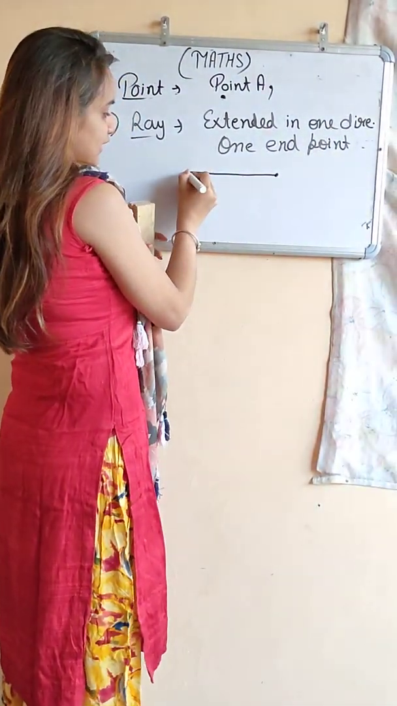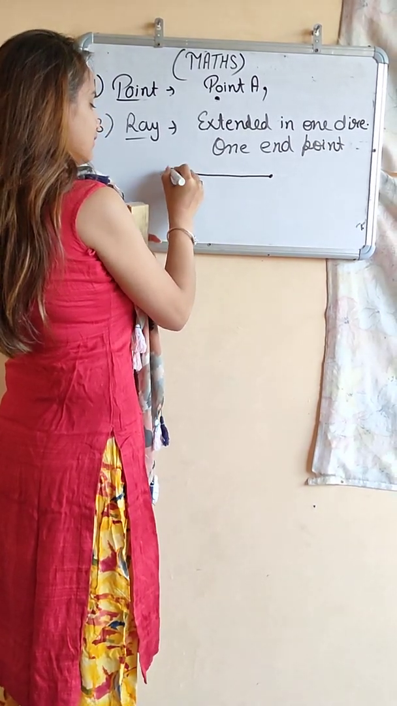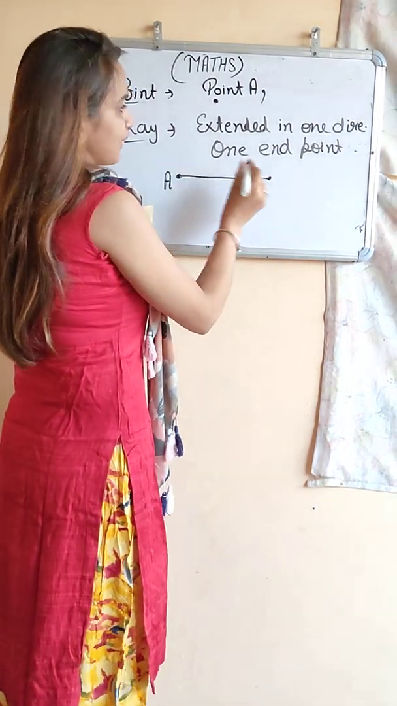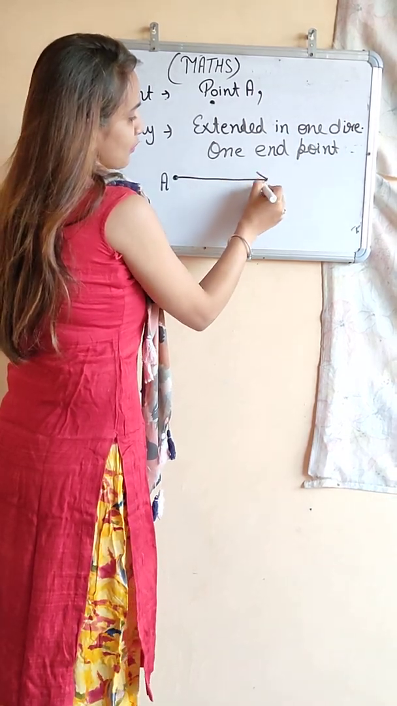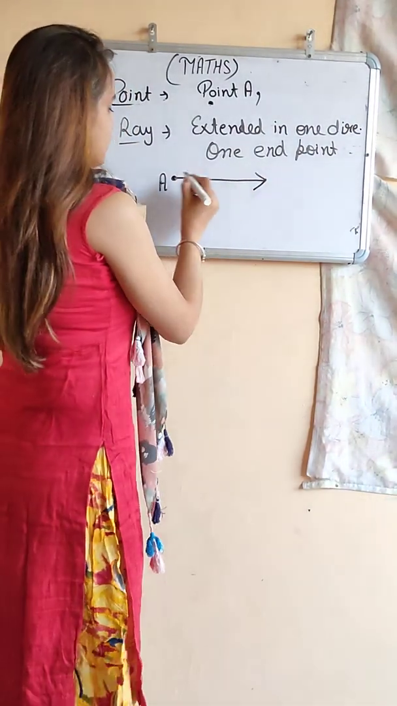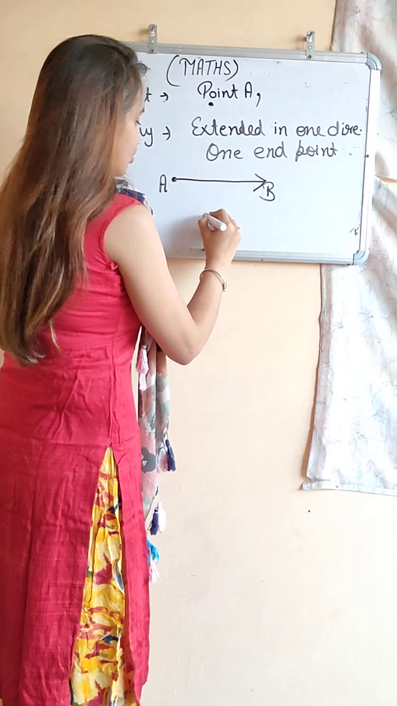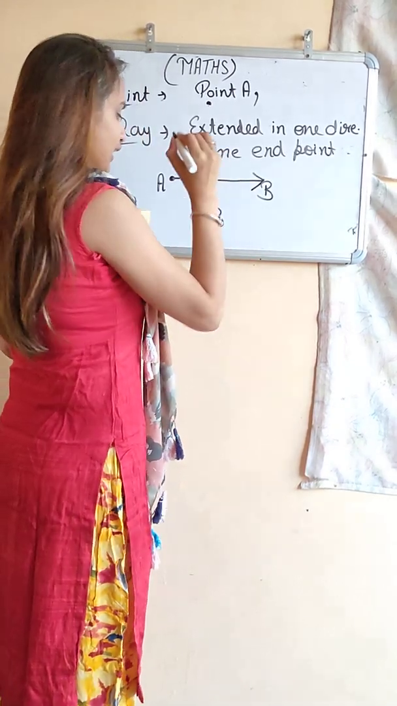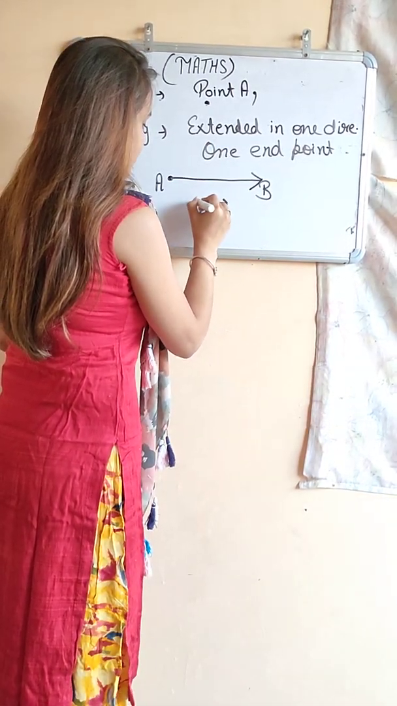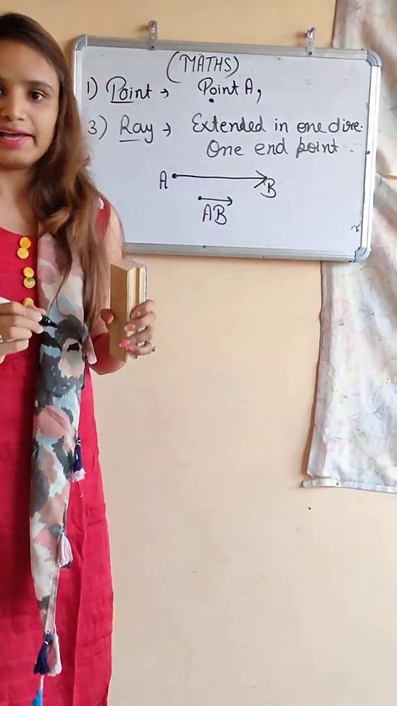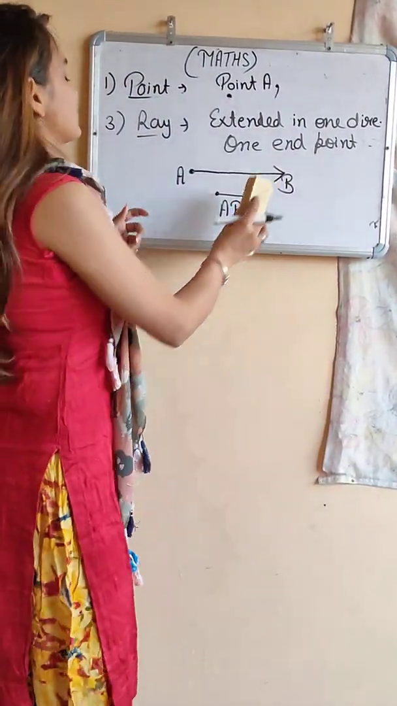See, because it has one end point, it is the end point and it can be extended in one direction. So we put an arrow here. Take it as B. So how do we denote it? AB, one-sided dot and one-sided arrow. Okay. Last one is our